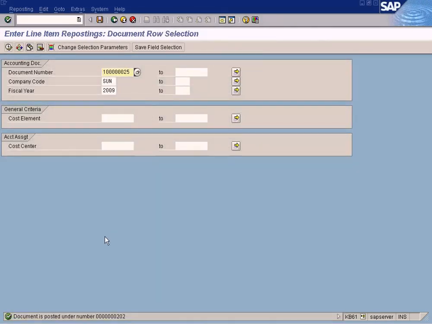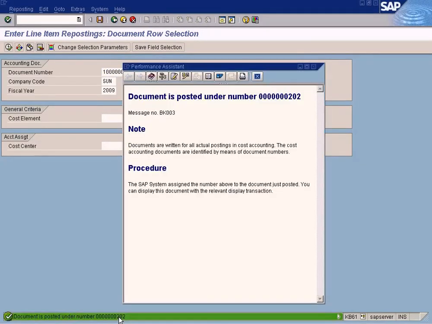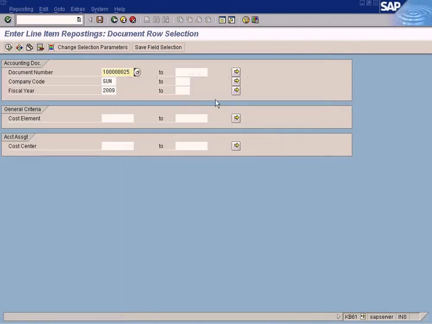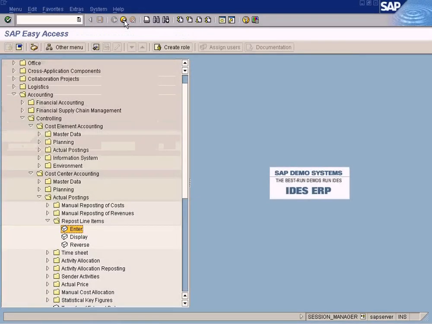So let's see what kind of posting is going to generate. See, it has generated a posting, sorry, a CO document 202. Let us check what it contains. Let's save this, come back,